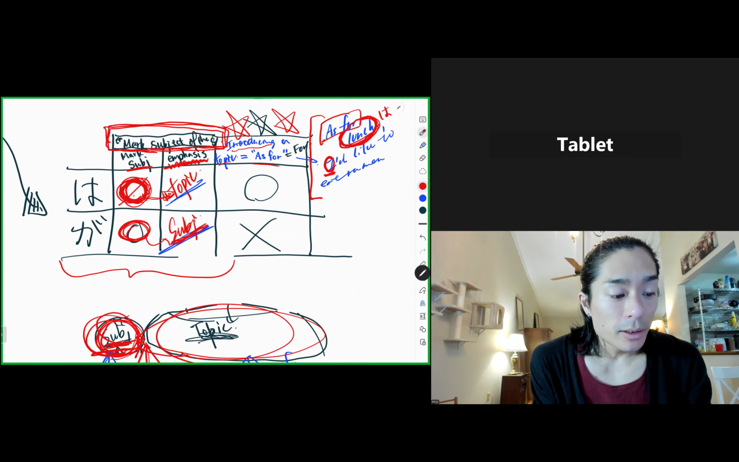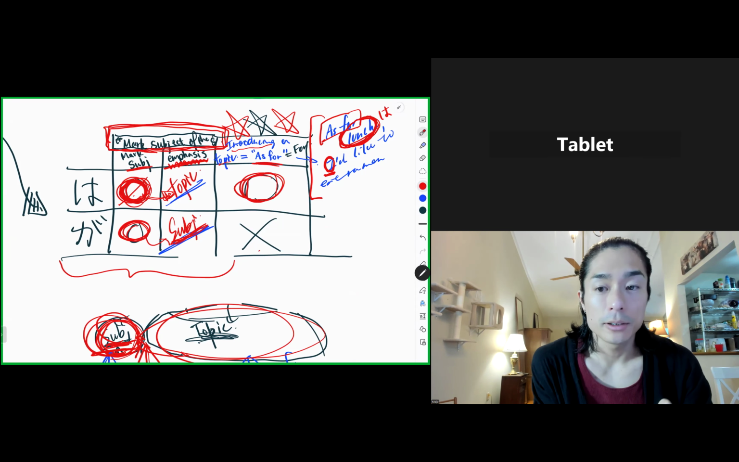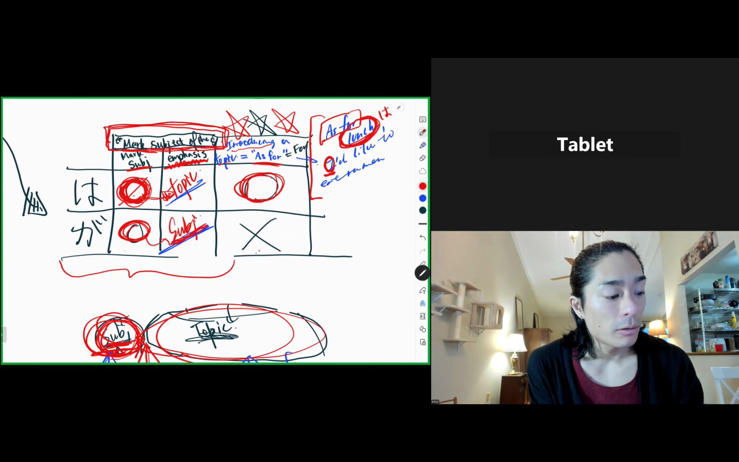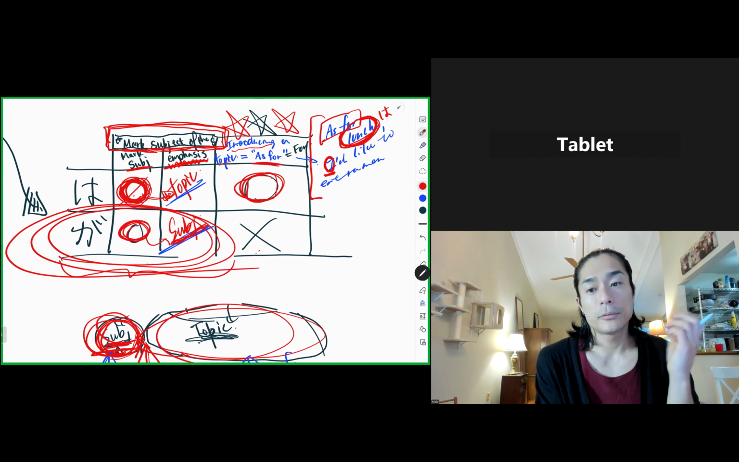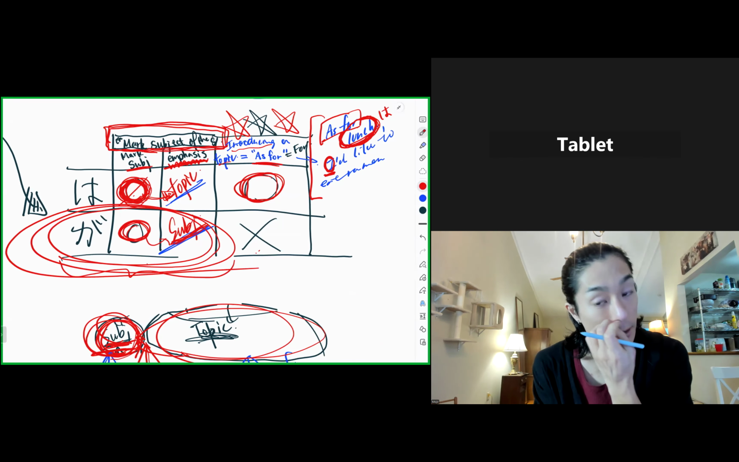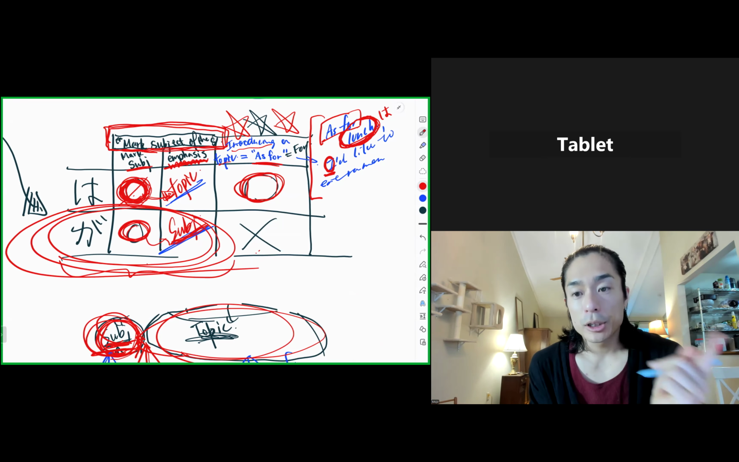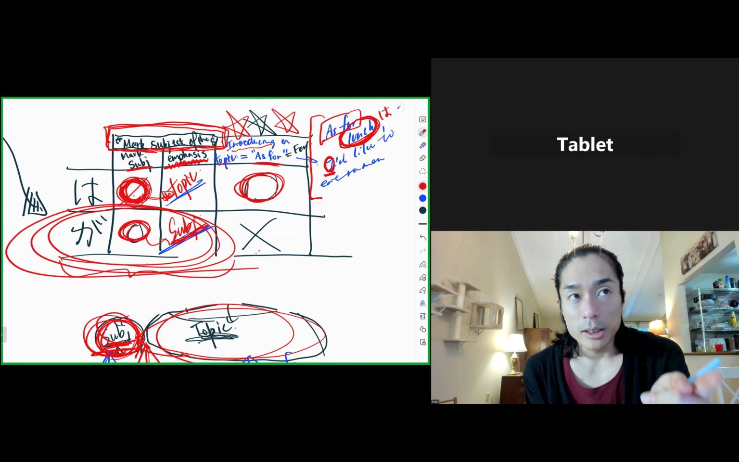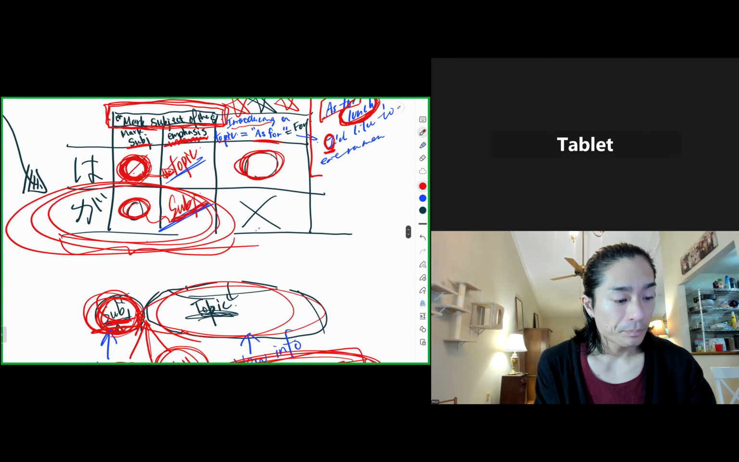So that's what this second function does that only wa has, ga doesn't have. In other words, ga's job is only to mark the subject. Ga just finds the subject of the sentence and attaches, and that's the only job. Wa has two jobs. How do we figure out which function each wa is using? Context. Okay. So for example,